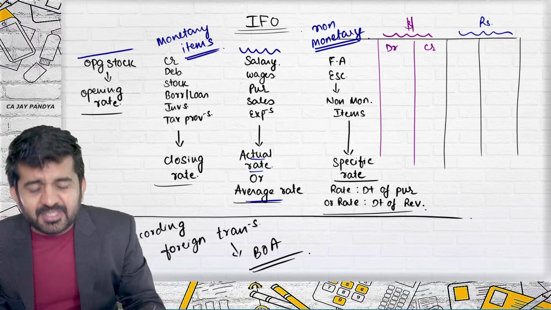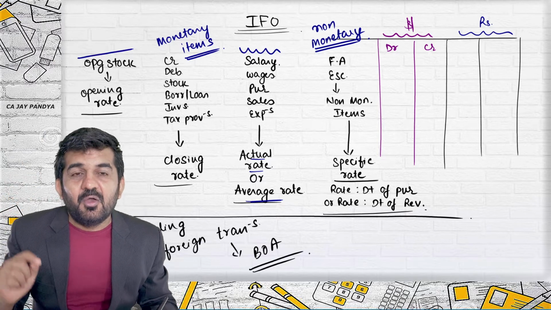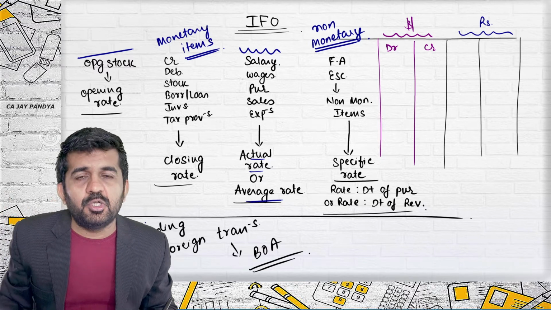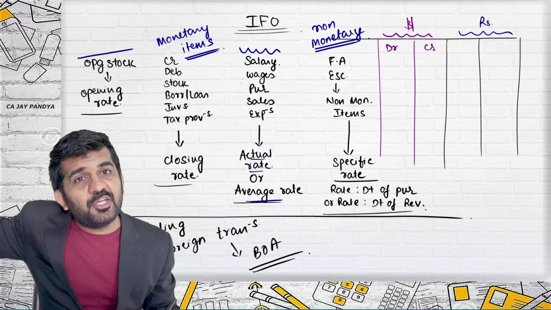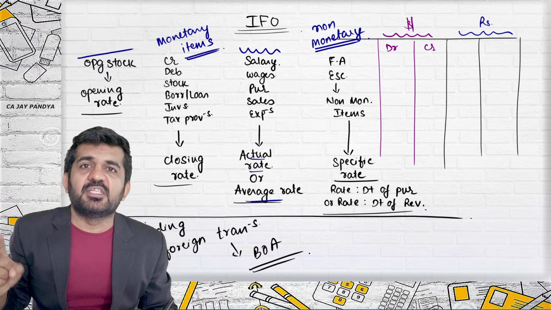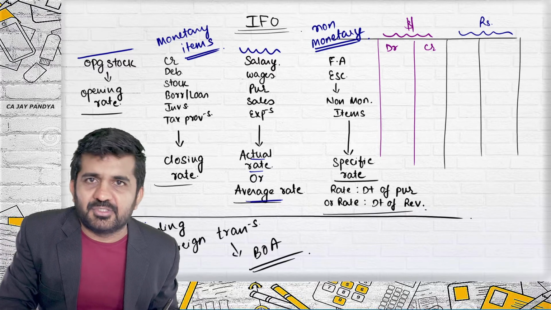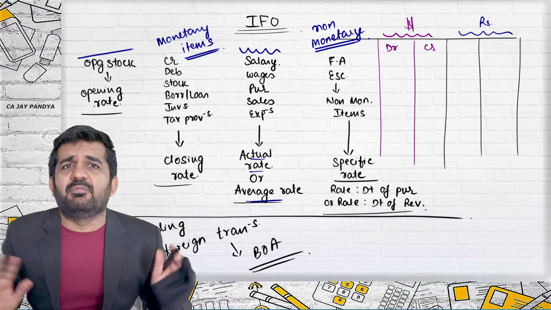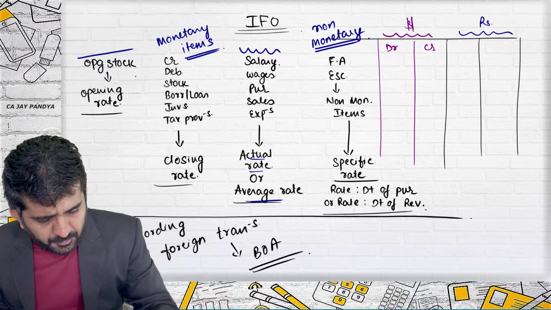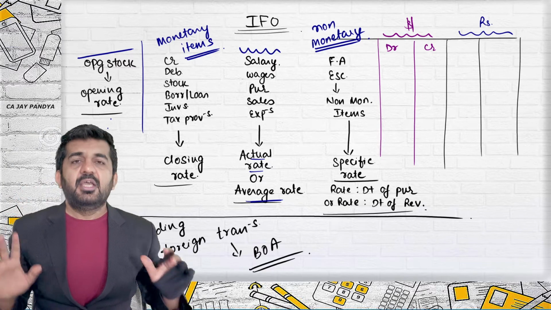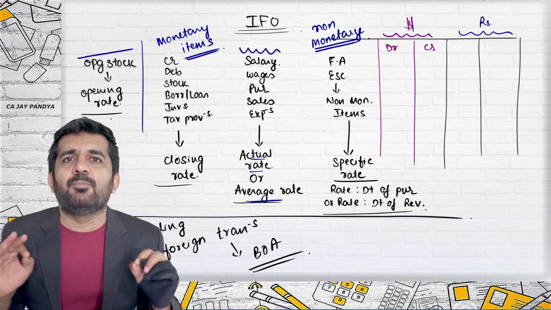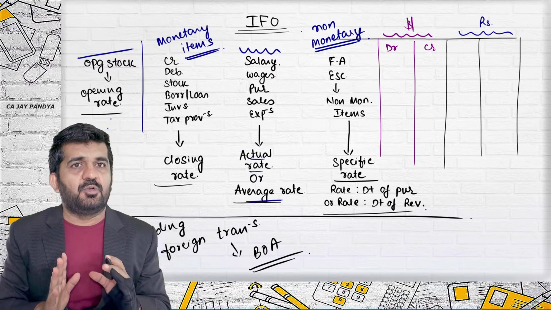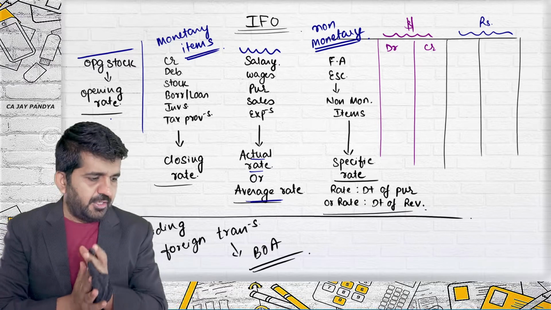Sir, there is opening stock. This is different. Why it is different? Try to understand. Opening stock practically is written in trading account. Last year it was valued at closing rate of last year, which is nothing but opening rate of current year. So there is only change here over opening stock. If there is an individual transaction, there will be nothing like opening stock or closing stock. Otherwise, they are the same rules which we have done for individual transaction. All right.